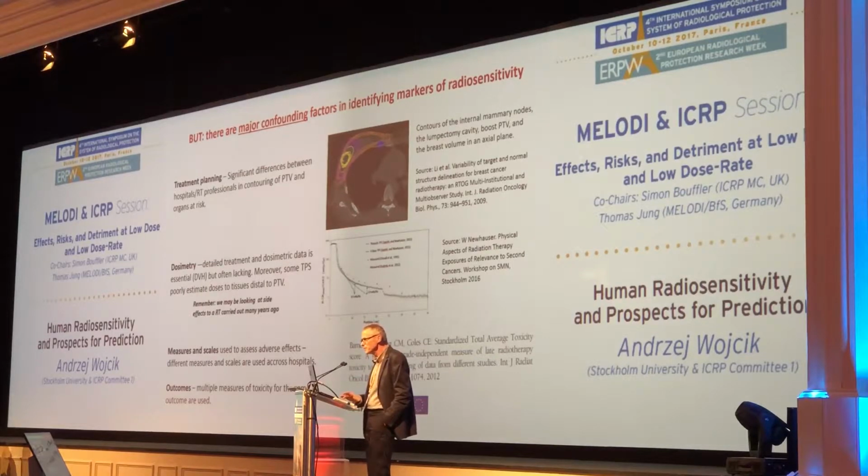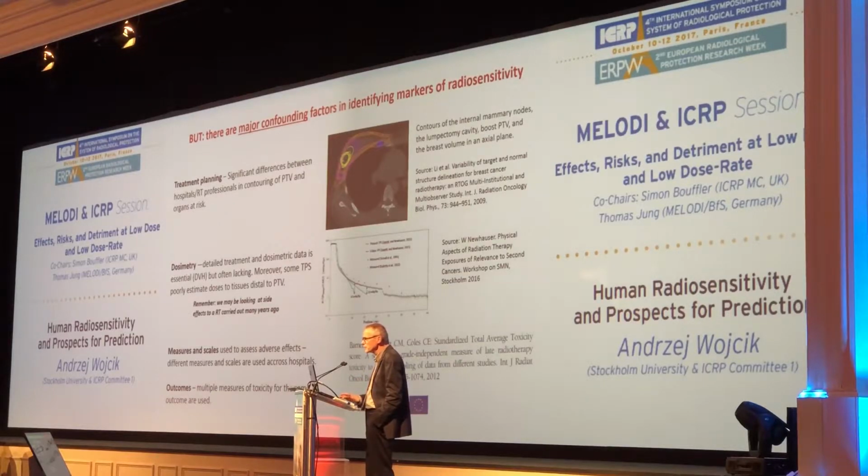Well, another problem is the dosimetry. We are now looking at side effects in patients that have been treated maybe 10, maybe 20 years ago, where the treatment planning systems were not as good as they are now. So you don't have precise dosimetric information. You don't have dose volume histograms, for example. So it's difficult really to assess. And then you would have to go look into the journal of every individual patient to really check what was the dose that he received to this particular site where he developed side effects.